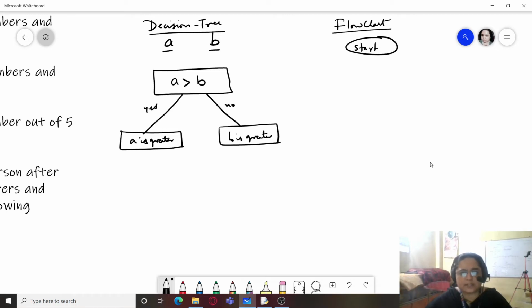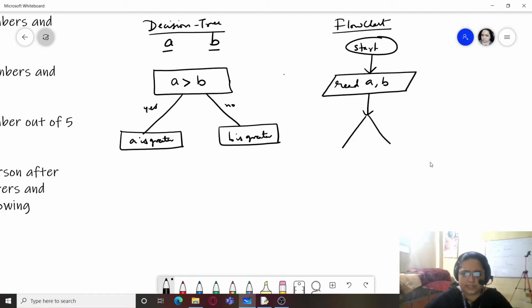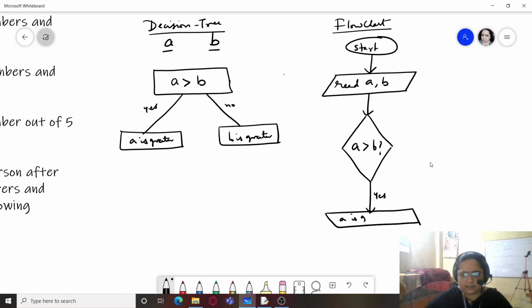So over here we start with our flowchart. We first ask for two values from the user. Read A and B. Then check: is A greater than B? If the answer is yes, then we will print that A is greater.